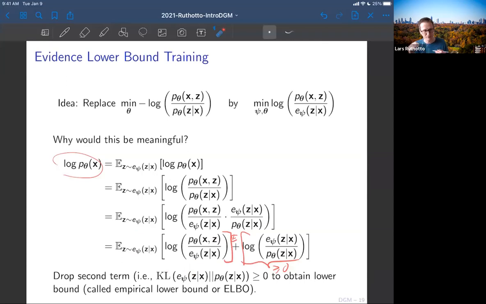So again, it maybe came across as a hacky way to tackle this problem, but I am actually minimizing this implicitly, even though I cannot compute it at any given time. That is, I think, the idea why these variational autoencoders became really popular, because you can actually say something about the relation to maximum likelihood, which we saw in the previous part is actually a very well-meaning framework for us.